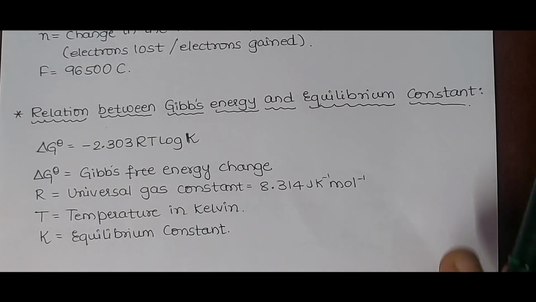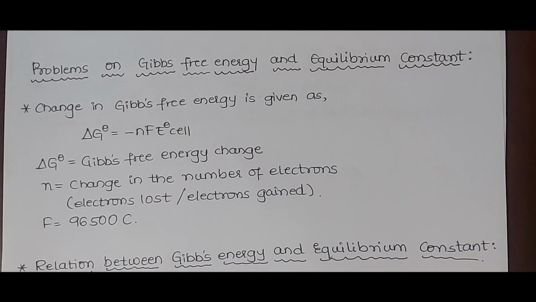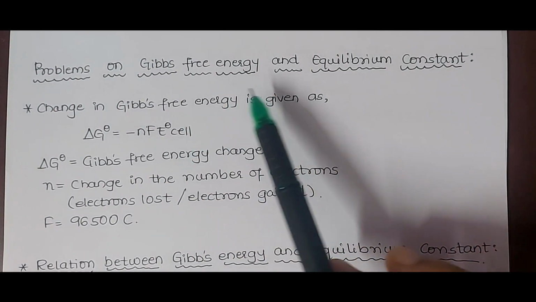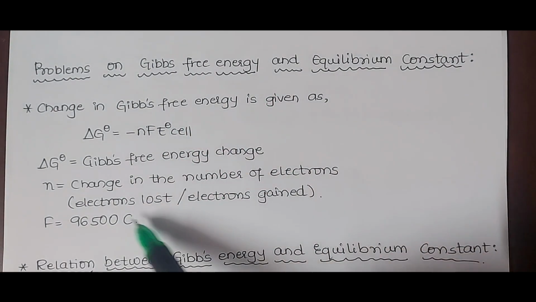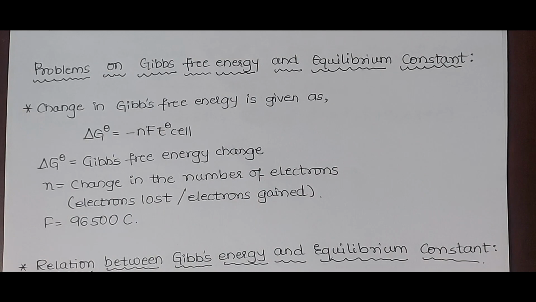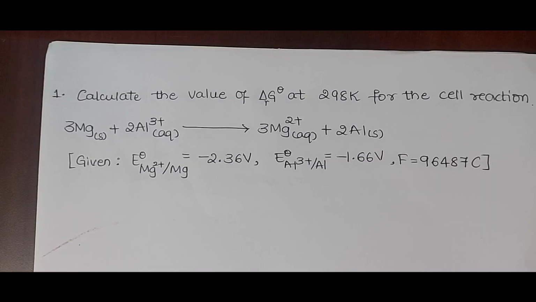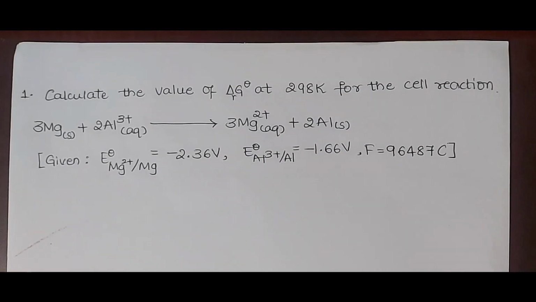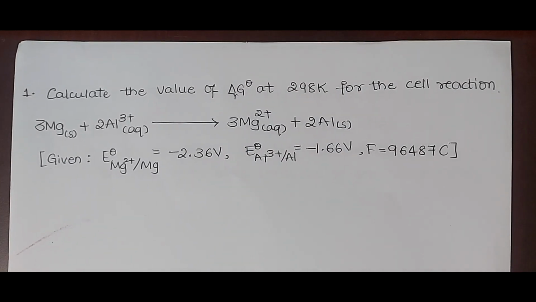So you may get questions in the exam for 2 marks, that is, problems on Gibbs free energy. We'll try to solve the problems on this, Gibbs free energy, and then next we'll solve on equilibrium constant. So the first problem given here is: calculate the value of delta rG naught